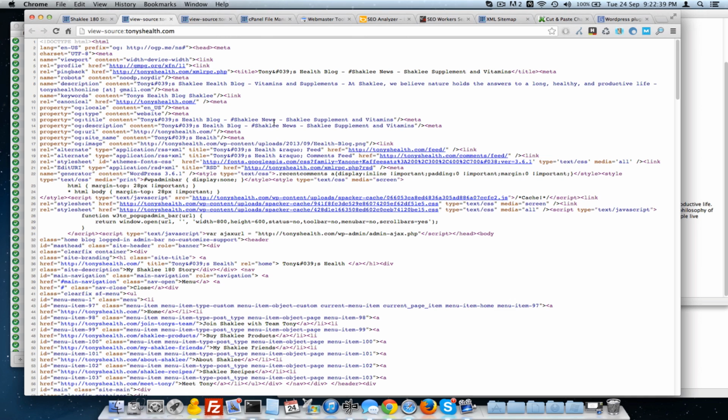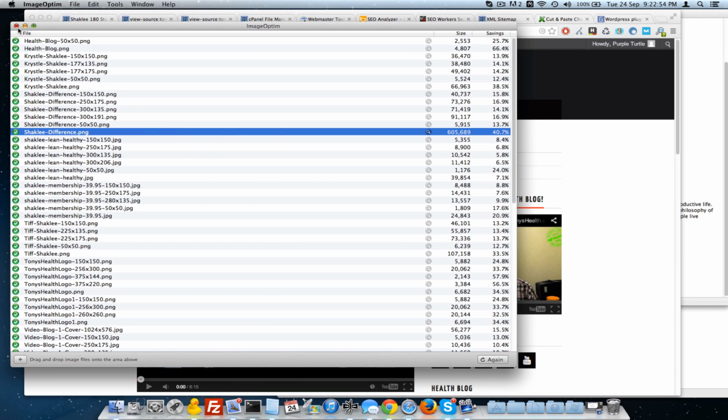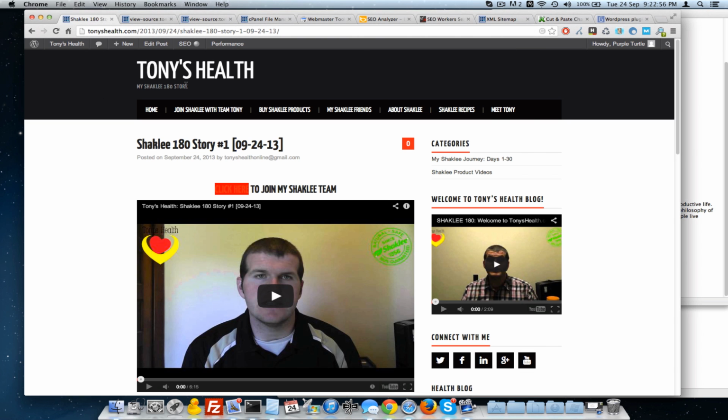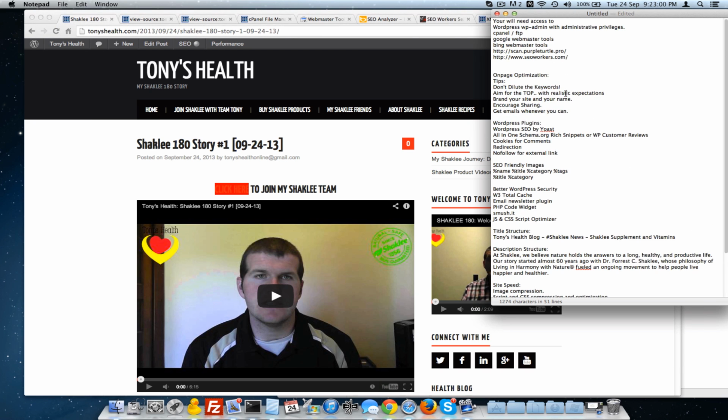This is one of those things for site speed, to get the pages to load faster, to minify, to get the bloat out of the code. Once you've done it, it's not something you have to revisit, unless of course you change the theme. Then you're going to have to revisit it, because not all themes work the same. So hopefully that shows you guys everything that you're going to need to do